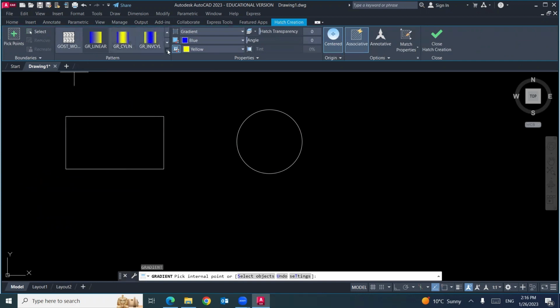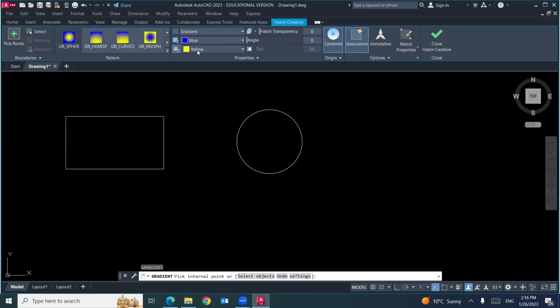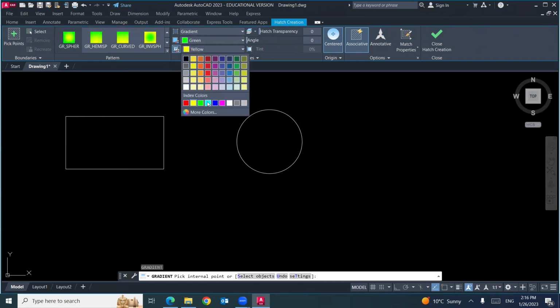Select the pattern you need for coloring, for example, this one. And then select the two colors that will be painted with this pattern. So I will select the green and the yellow.